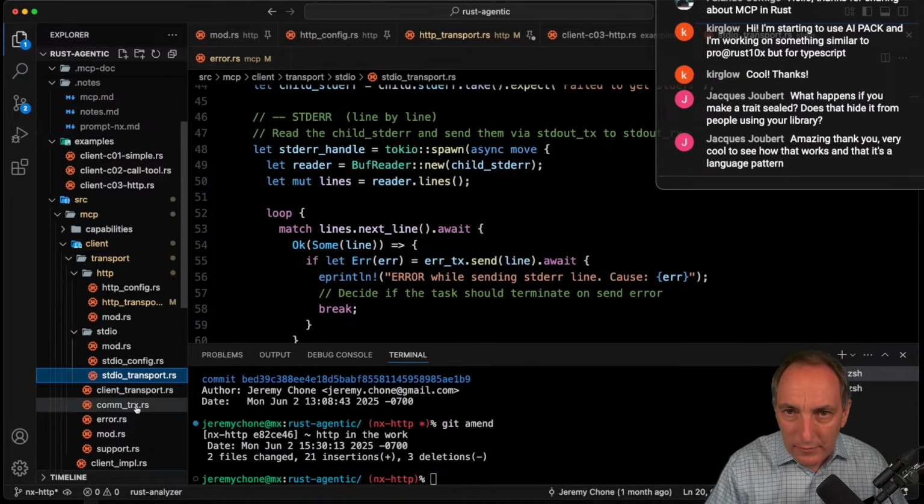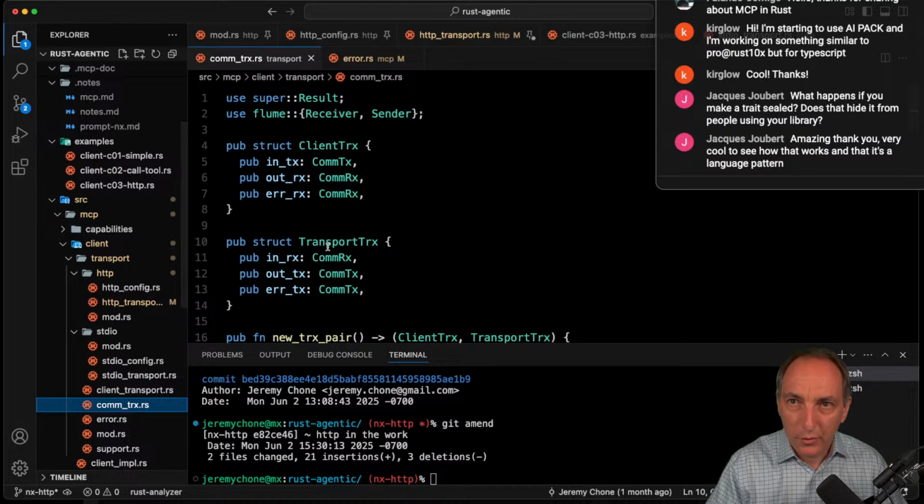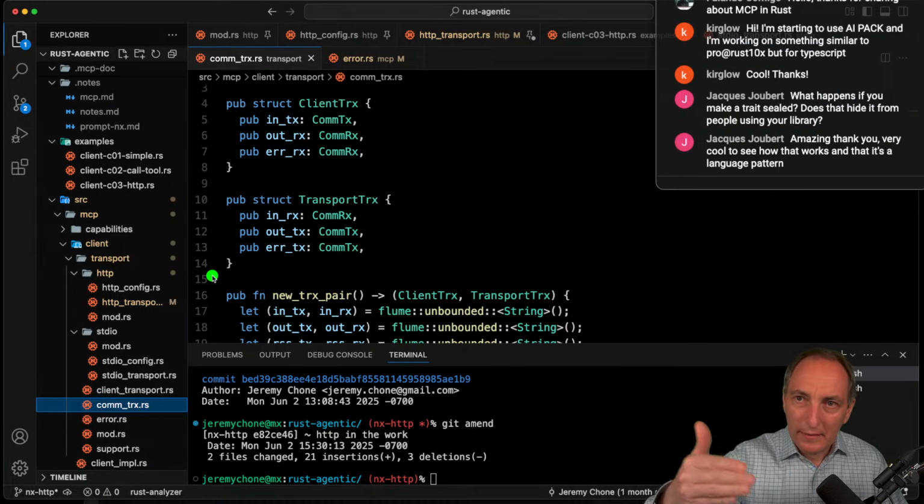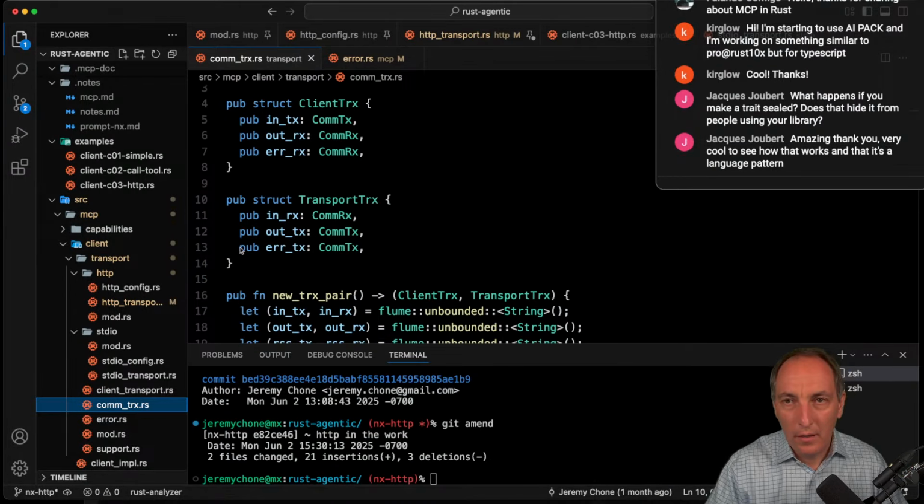And actually, I have a comms transport, this one, that allows me to have the input, which is the commands I want to send, and that is the out, which is what the server is responding to me. And that is the error. So that kind of normalizes things, and it works for stdin, and I think it's going to work as well for the